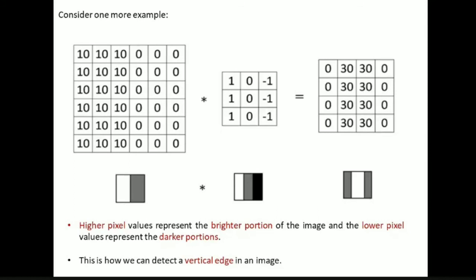Okay, so after convolving, what are the values we got? 0 30 30 0. Okay, 0, so like 30 that we got, right? So just below those pixel representations we have another image. Can you tell what they are? Grayscale image. Do you see the pixel intensity in the grayscale image?